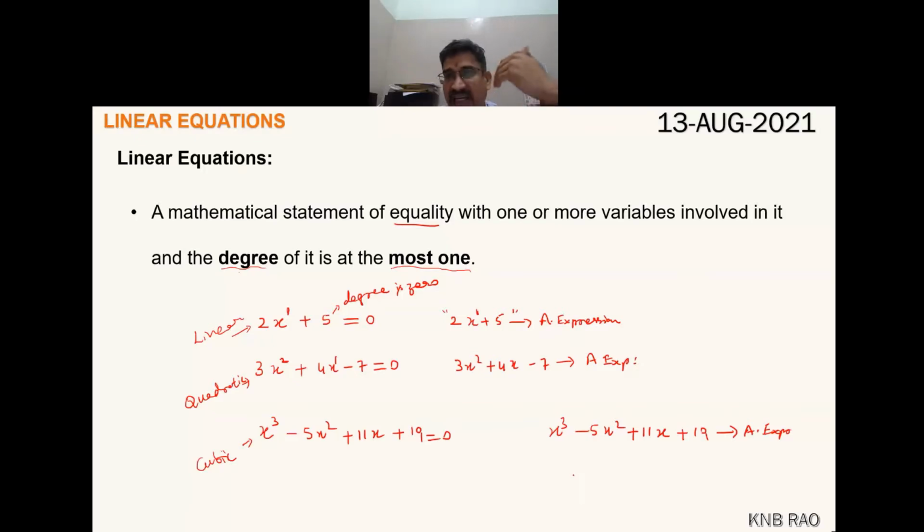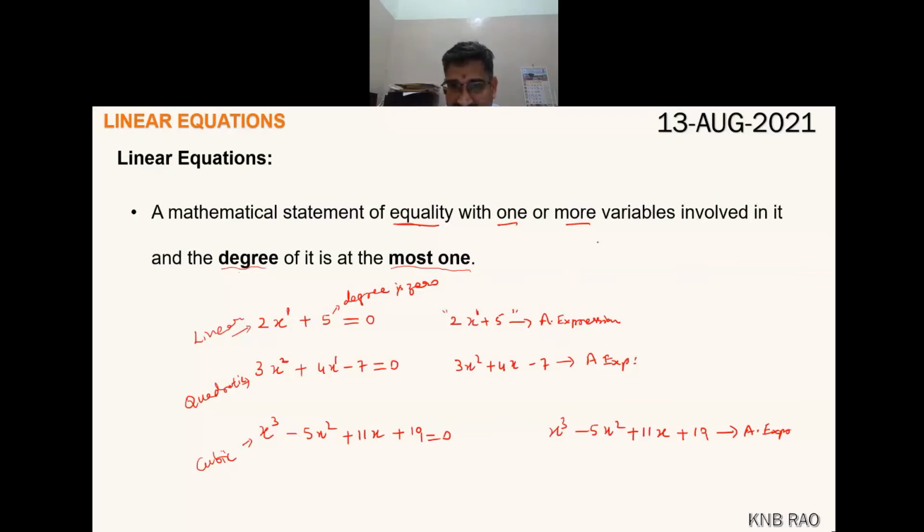Quartic or biquadratic. You learned these in class 8. From them, you got linear, quadratic, cubic equations. Once that equality sign comes, it is a mathematical statement of equality. I am using only one variable in all these cases, that is x. It can be more than one variable also. You are going to watch such things in this class 9 standard,